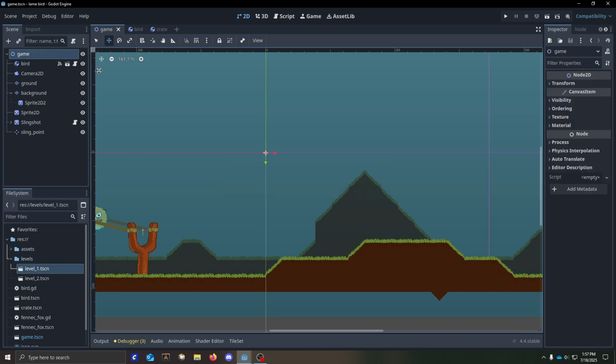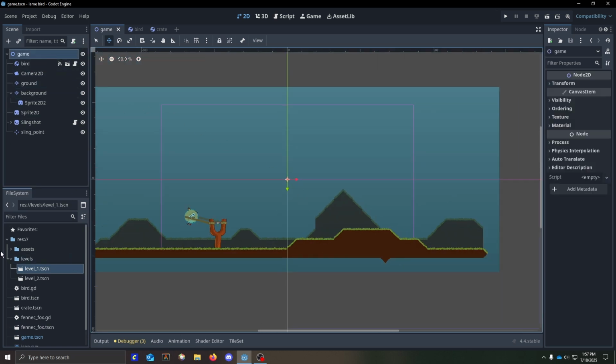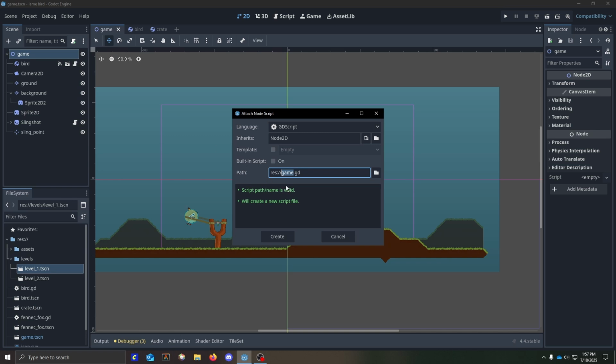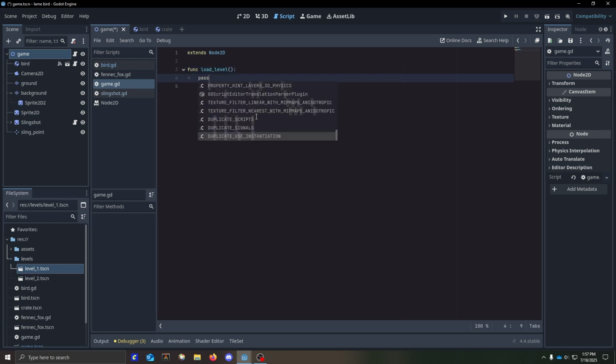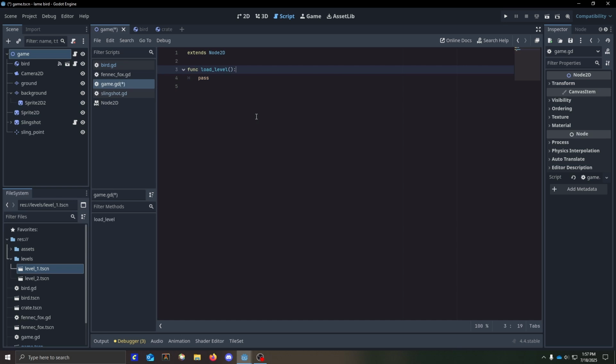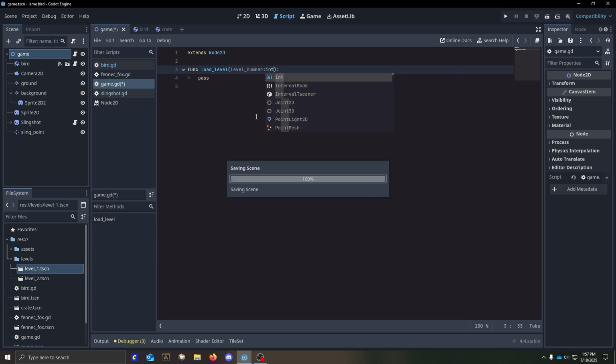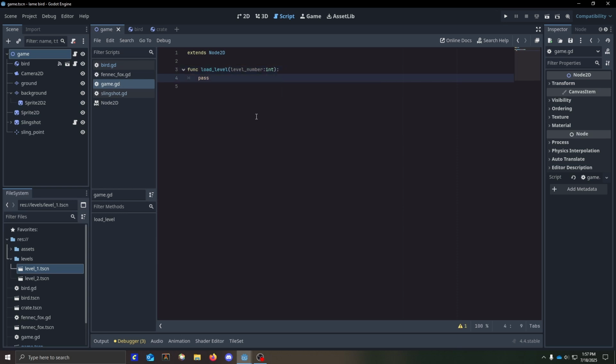But obviously we want to load it with code. So under our game, let's give the game a script. And this is basically, let's create a function called load level. This function is going to take in a, let's say a level number, which is an integer. And what we want to do is just